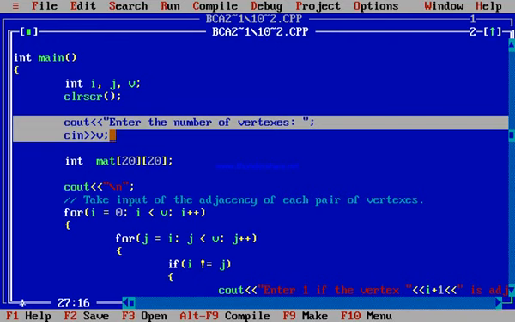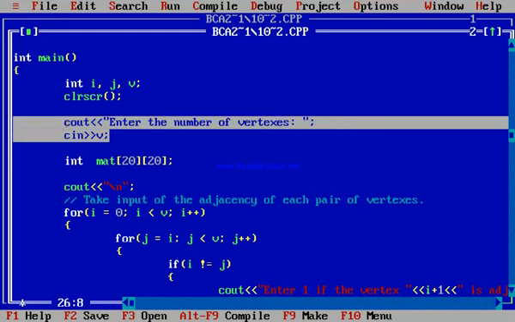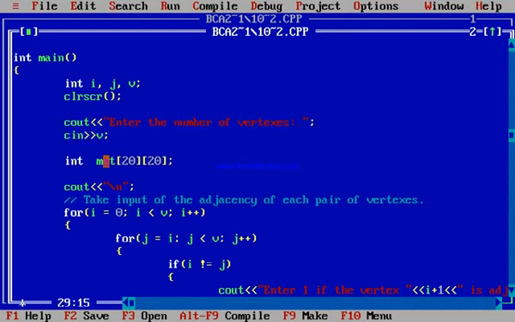It depends upon the user, and the user should enter one number, that is 2, 3, 4, 5, 6, like that. Any number the user can enter here. After that, mat is the name of the matrix in which we store the adjacency matrix. The dimension of the matrix we take here is 20 by 20.